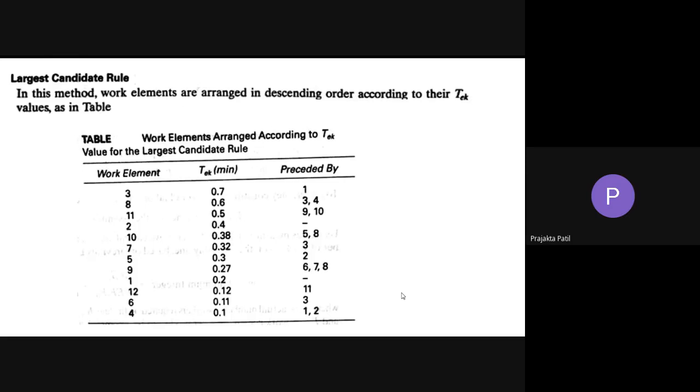So the first step in the largest candidate rule is rearranging the complete content that is given to you in descending order of TEK values with all the corresponding precedence constraints. Next, you have to draw the precedence diagram. To start with, you just see the problem statement table that was given.